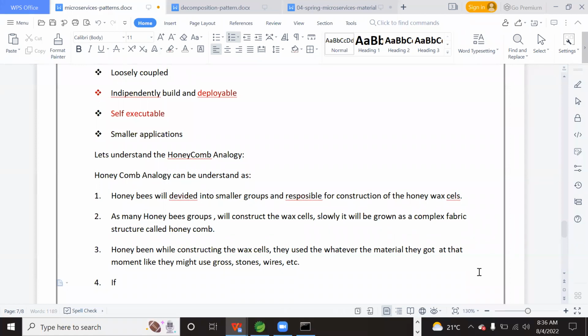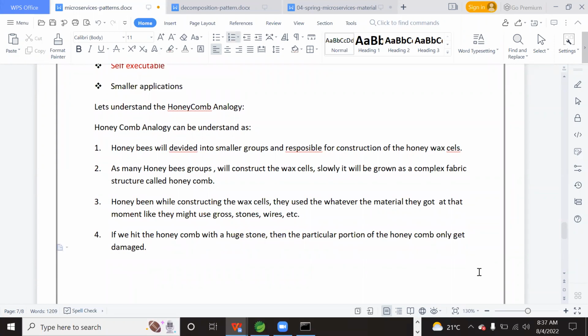Next, if we hit the honeycomb with a huge stone, then only the particular portion of the honeycomb where the stone hit gets damaged, isn't it?